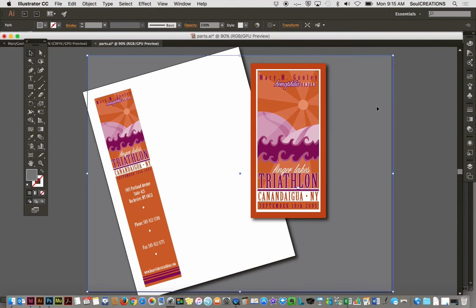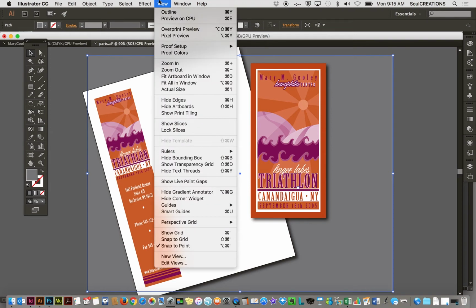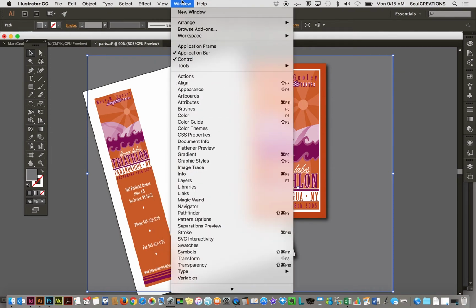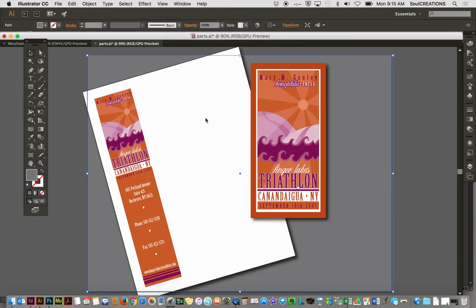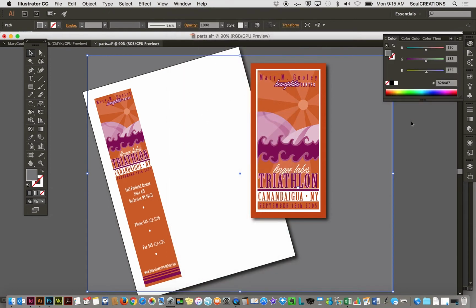And one of the things that I'm going to do is I know that I'm going to be dropping other things in, and I want to use this really solid gray. So I'm going to come up to my color palette and pull that up. And you can see that I get my RGB breakdown, and I've got my little web color number at the bottom. So if I copy that web color number, so I just Command C'd it,